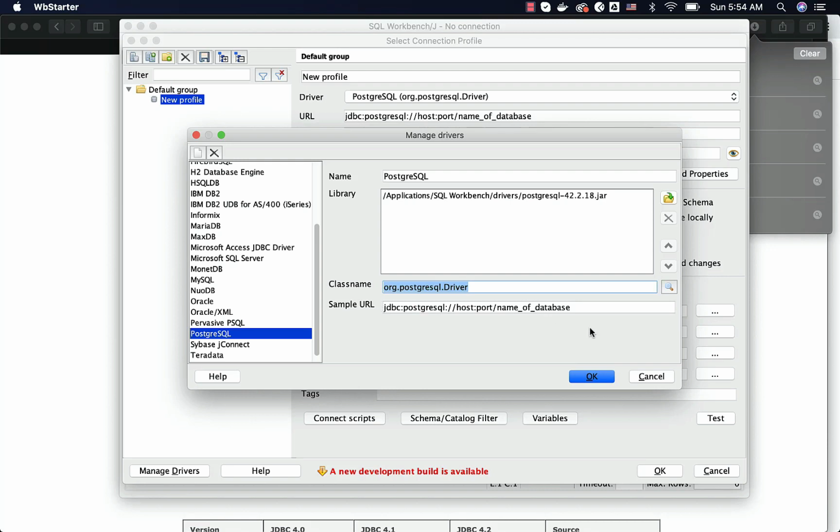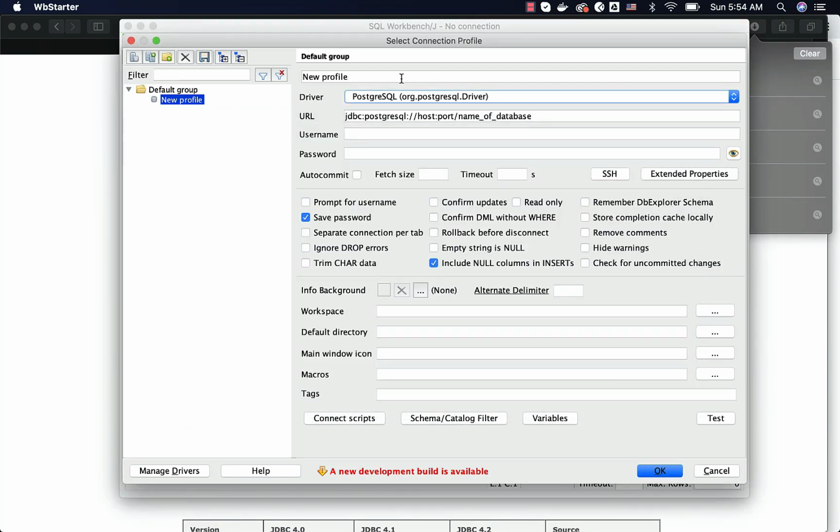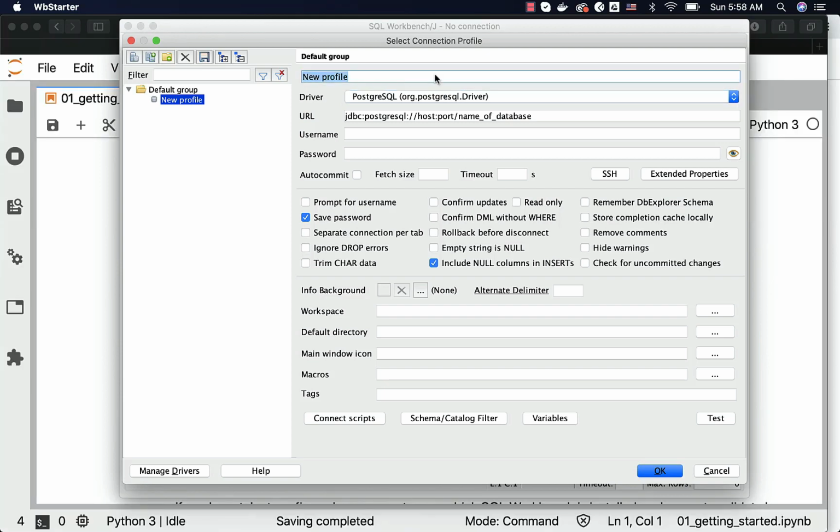You can see a sample URL. You don't need to do anything here. You just click on OK, and then you can give a name to this. Typically, I follow this standard. I give the type of the database first. Let's say PG or Postgres, whatever you want to use, and then the server name, which is nothing but ilms.itversity.com in my case. If I'm trying to connect to my localhost Postgres, then I'll say localhost or local, and then the database name. In this case, I'm trying to connect to the database called sms_db, and hence I'm giving the name as pg_ilms_smsdb.